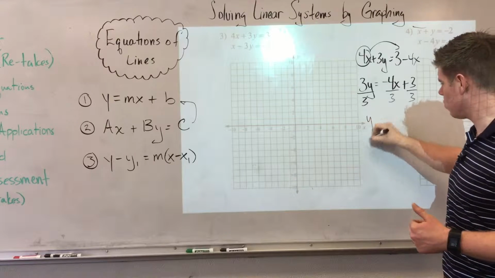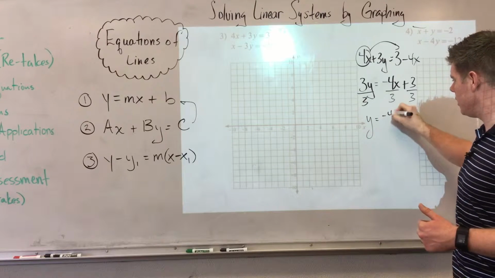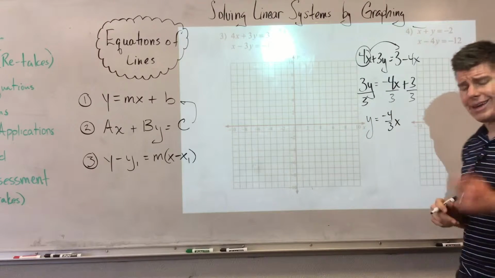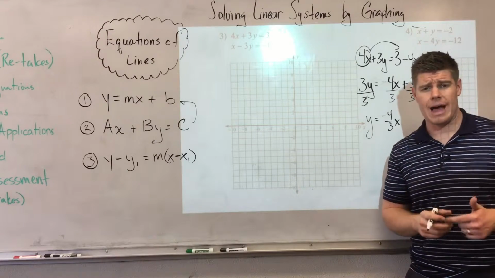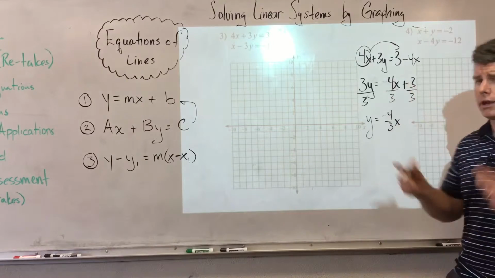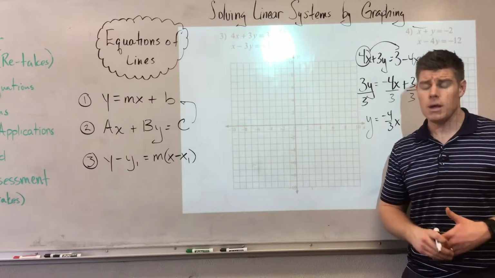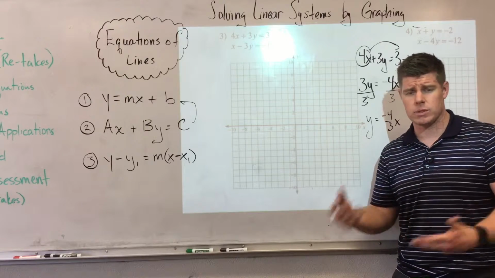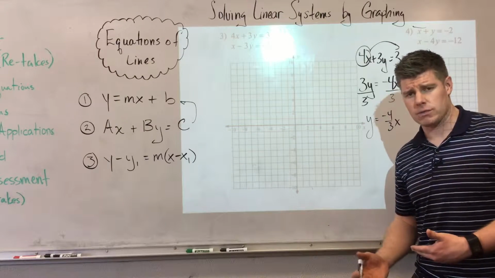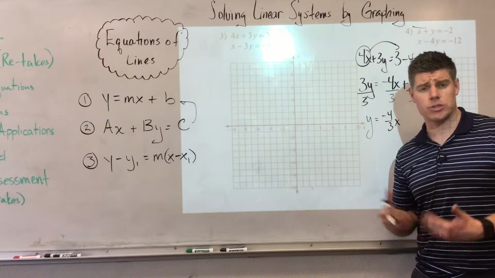And what I get is y is now equivalent to negative 4/3 x. The reason I didn't write that as a decimal is because I know the rookie mistake that a lot of people make: they go, oh, let's just do negative 4 divided by 3, and then you get a decimal. Well, slope is a ratio. It's a comparison of two numbers. A decimal is one number, so I leave it in fraction form so that I can actually graph it,